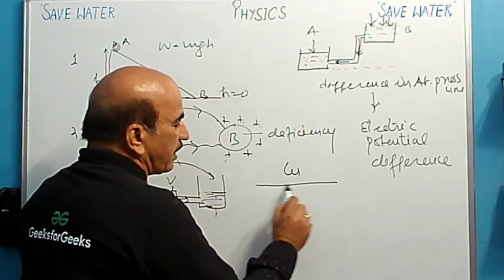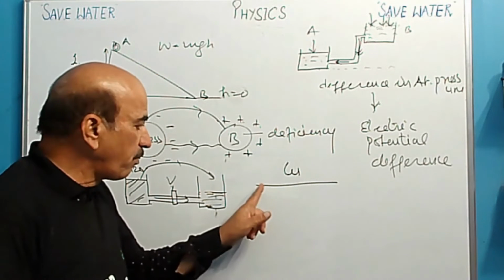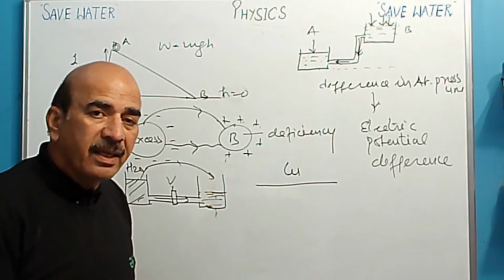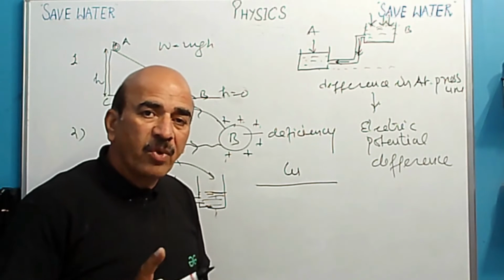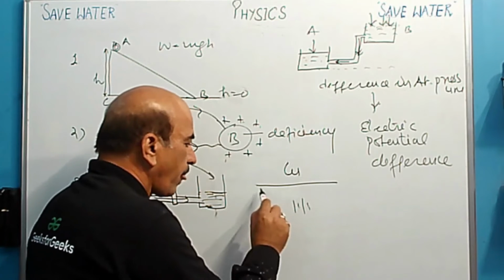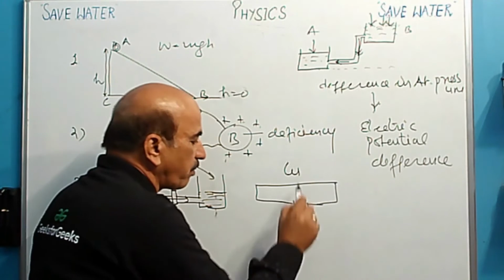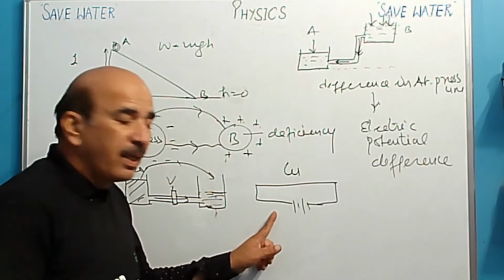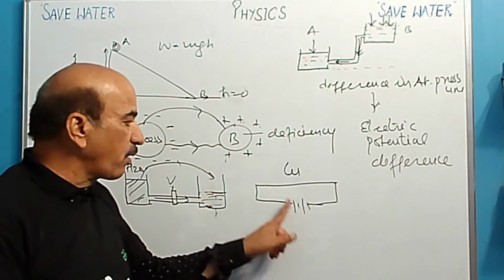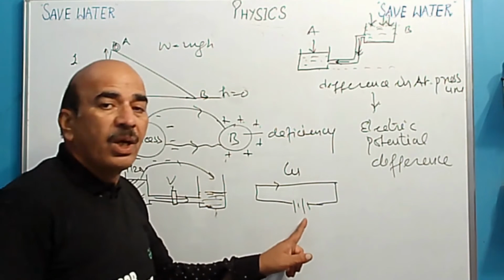If charges have to flow, what is required to make the charges flow from one end to another end? Yes, Nilay and Suryash, both are saying, sir, we need a source of electricity. When a source of electricity is connected across the ends of this conductor, what will happen? So this will exert external pressure. External force will be applied on the charges and charges will flow from higher level to lower level.